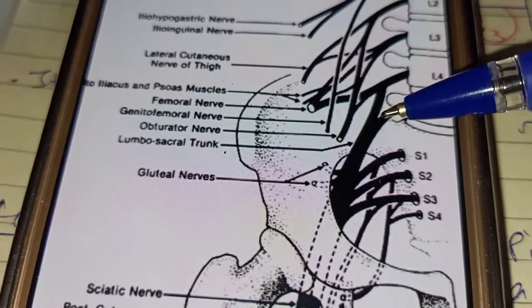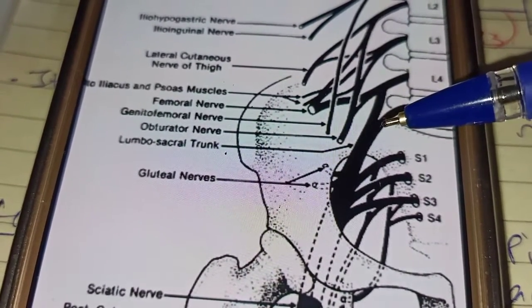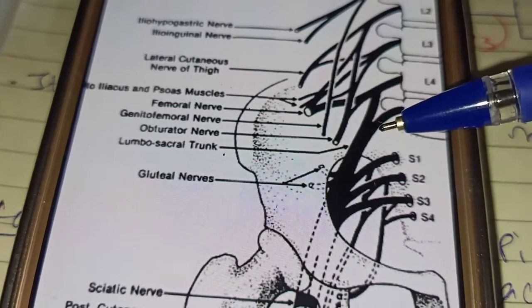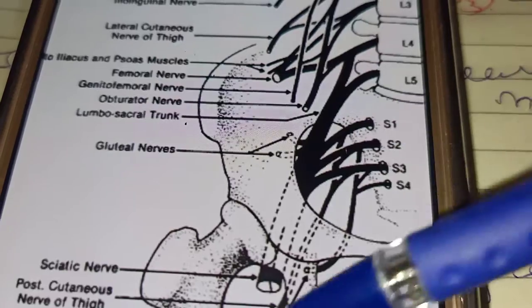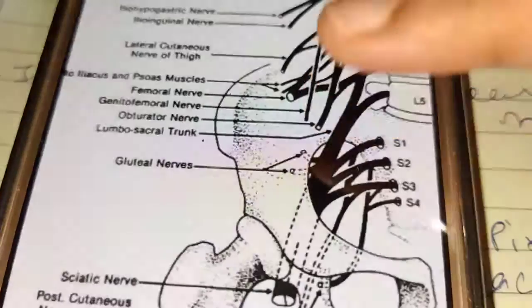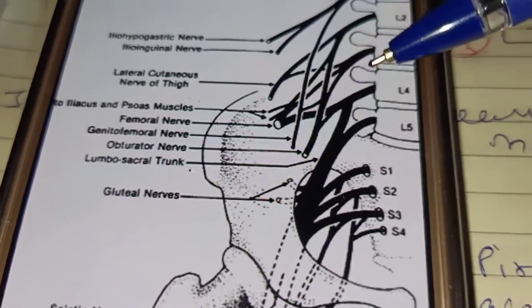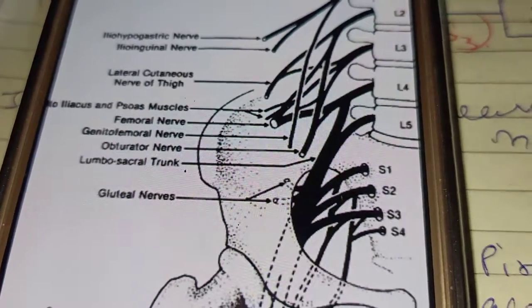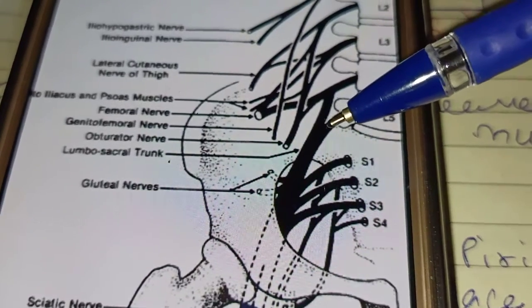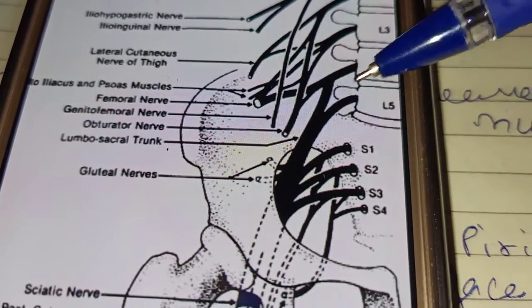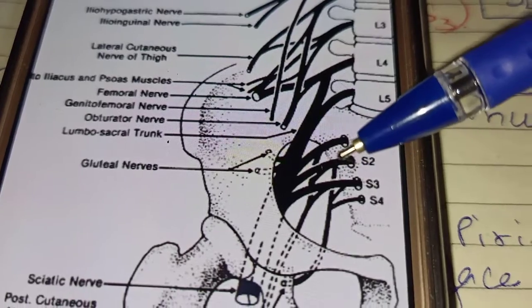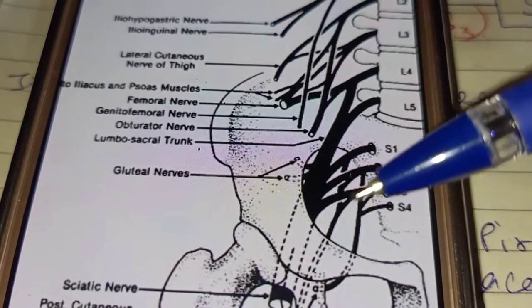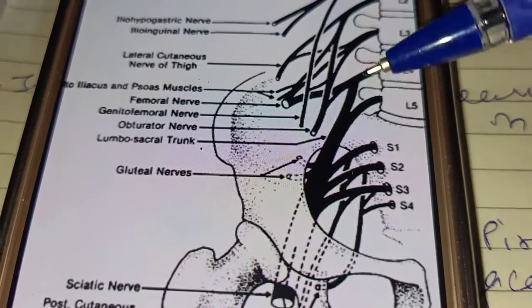At each vertebral level, paired spinal nerves leave the spinal cord at the intervertebral foramina of the vertebral column. So it is on both the sides. This will be on both the sides. Paired. L4, L5 on both the sides. This is one side, the other side would be this way. So these are paired spinal nerves, and they leave the spinal cord through the intervertebral foramen of the vertebral column.